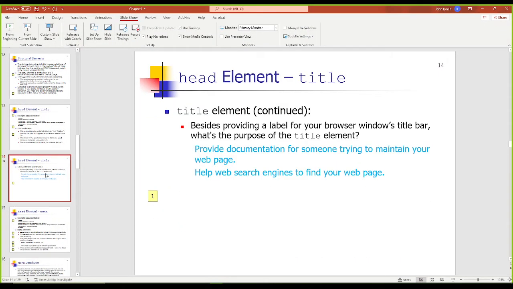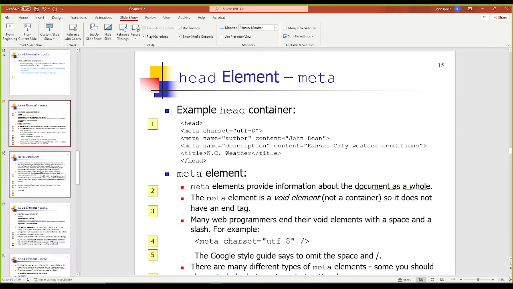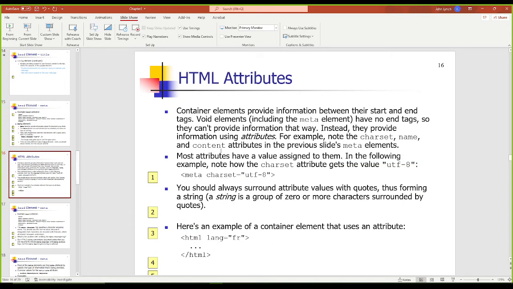Nice. Cool. So the title element is straightforward enough. We have that one. We can come back to the meta one here. What I want to look at a bit here are these concepts of attributes. And Sullivan brought up a good point. Right here, fr will be French. So that's language in French for this one. But what really is an attribute? Essentially,